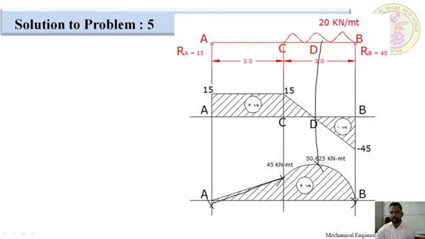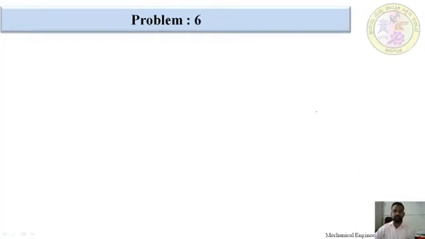How much did we get at D point? We have got 50.62, more than 45. For that reason, I am going to draw a vertical line at D point, and then I will join with a parabolic curve. The maximum bending moment occurs at this point, because the shear force changes from positive to negative or negative to positive, crossing the baseline. That crossing point we call the maximum bending moment. Okay, this completes the problem.